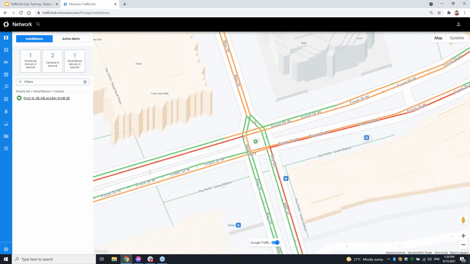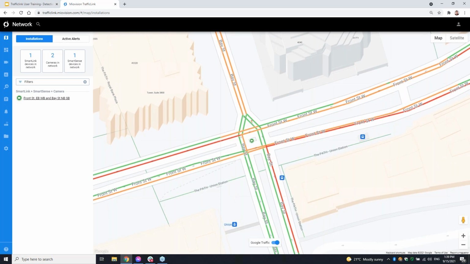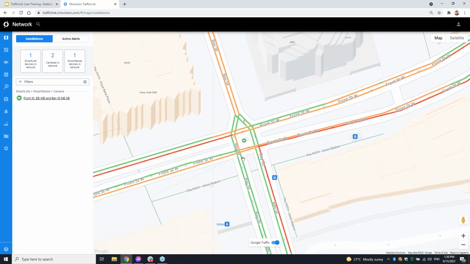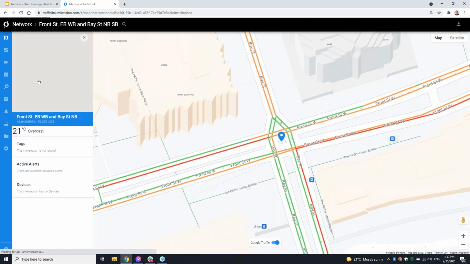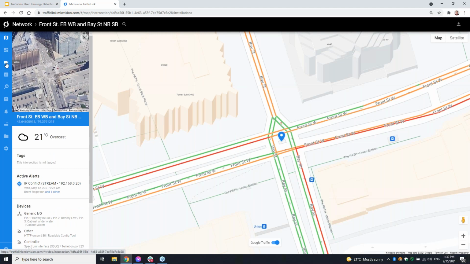If you're learning how to configure and get involved with the devices, I recommend not doing that on a live intersection until you're comfortable with it. If you have a cloud subscription or a connection to the device, you can make edits or drafts of a configuration, then go to the draft later and deploy it out or just save it from there. So we're going to configure this intersection a little bit.